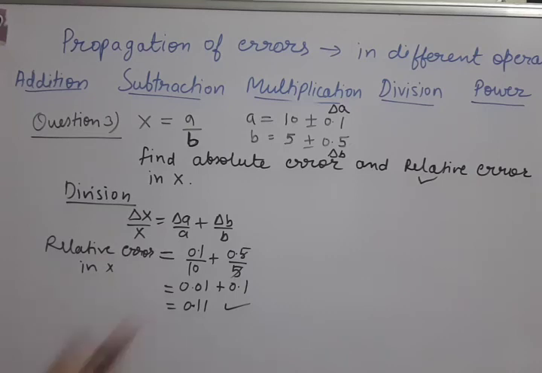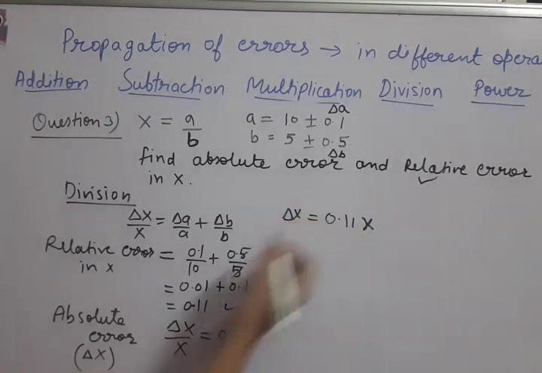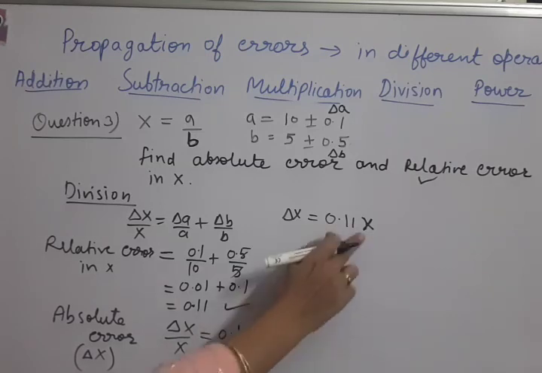Now what is needed? Absolute error. So let us start solving absolute error. Whenever we have to solve absolute error in this division or in multiplication, we will solve it with the help of relative error. What we will write? Delta x by x, its answer 0.11. After that, what is absolute error? What is called absolute error? Only delta x. So we need only delta x, that is, this x has to be cross multiplied here like this. Delta x is here, this x is cross multiplied here.